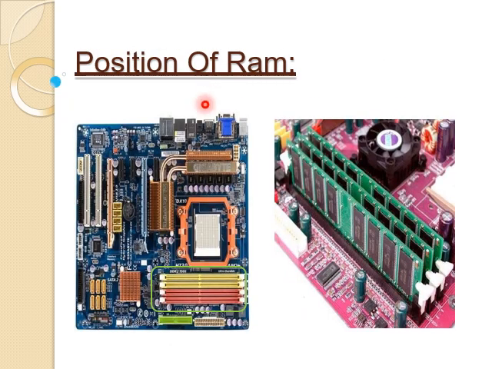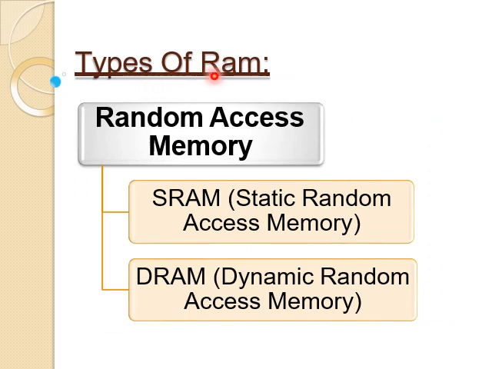Now this is actually your position of RAM. You might have seen in your cell phones and in your data cards, right? This is actually your position of RAM. Now we'll see the types of RAM: random access memory, SRAM and DRAM,